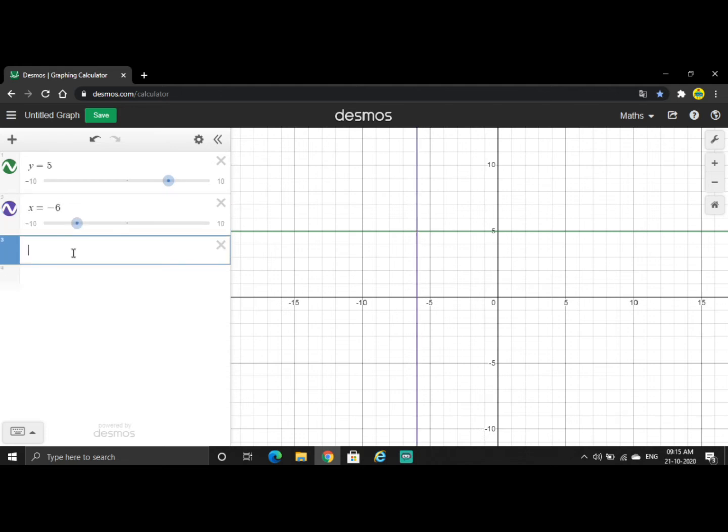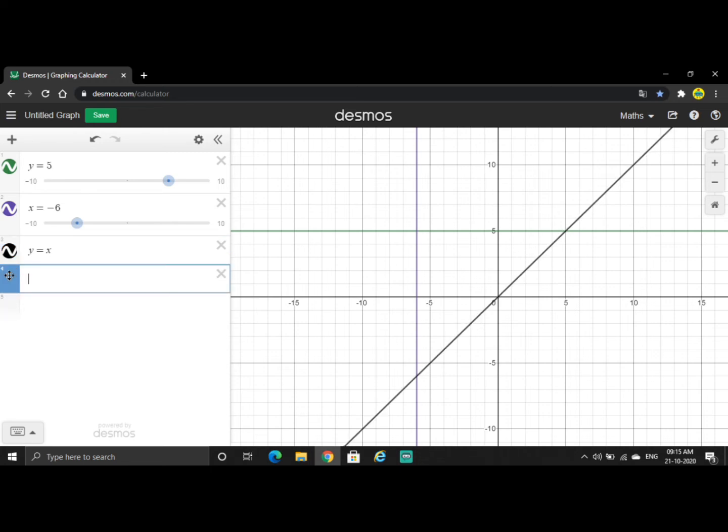Then my third question was: find out all the points where the x coordinate equals y. That means the points are going to be 0, 0, 1, 1, 2, 2, 1.3, 1.3, somewhat like that. So let's see. y equals x. So here, this is the line. It exactly divides the quadrant into 2 parts, the first one and the third one. This is 5 comma 5, this is 10 comma 10, this is 1 comma 1, this point is 2 comma 2, this is 3 comma 3. So all the points in this line satisfy this relation. And what's the relation? y is equal to x.